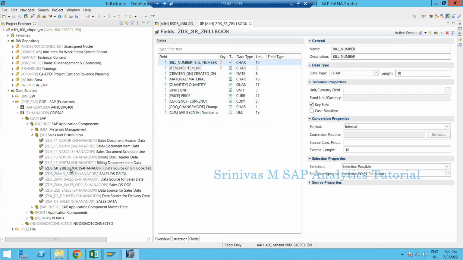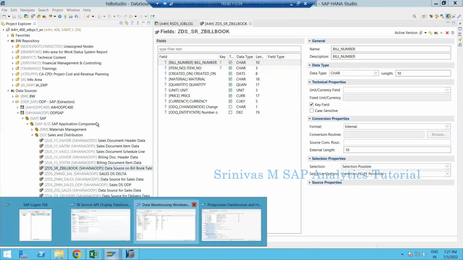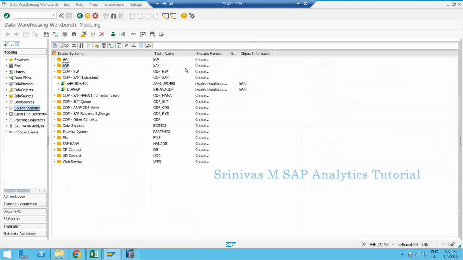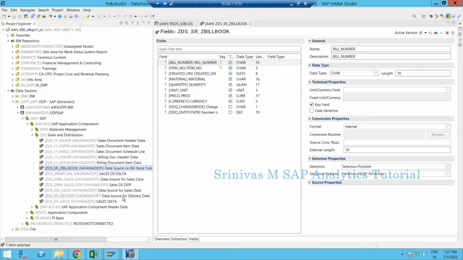Okay, now replication of the data source is completed. Now what is the next part? Next we wish to bring the data from R3 to BW. So how to bring data? Before bringing data, we must learn a few things. If you create your data source under the ODP folder, under this ODP SAP, you cannot create an info package for these. If you want to create an info package, we must extract this data source under a different folder, like we need to extract it under the SAP folder. So now what we are going to do,